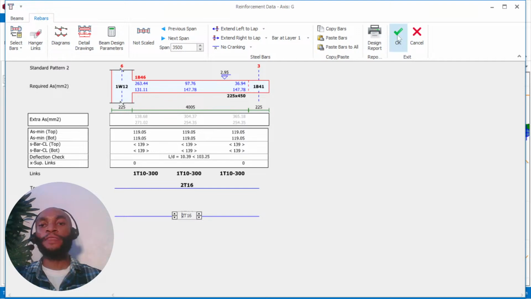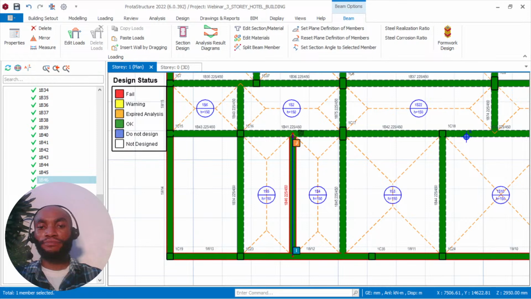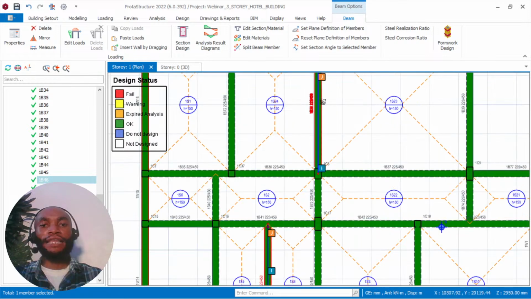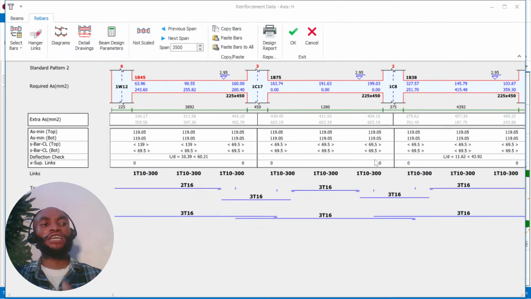Okay, I'll then come and click okay here. That's fine. Then I'll come here again and click on the beam. So this is how you have to check your beams. Always check your beams to see if you can reduce cost for your client, and also see if